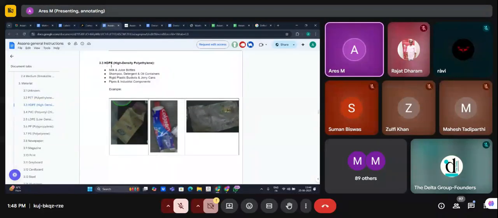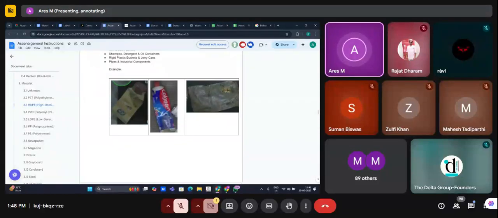So milk, juice bottles, and shampoo, detergents, oil containers. They look like that. Their outside plastics are something. Their plastics are